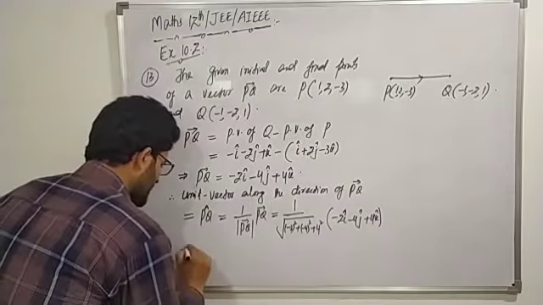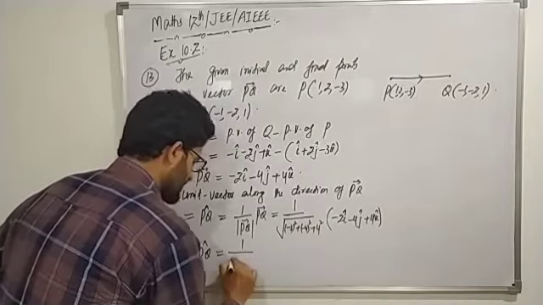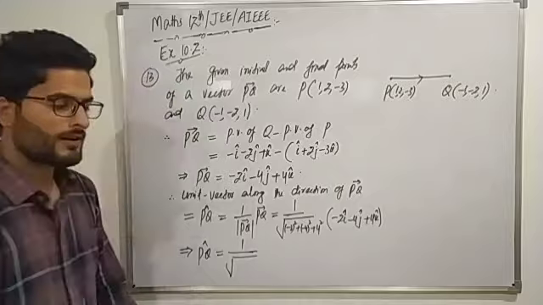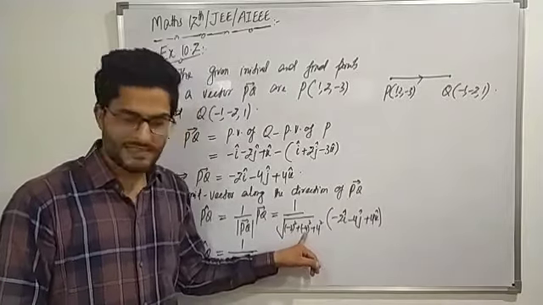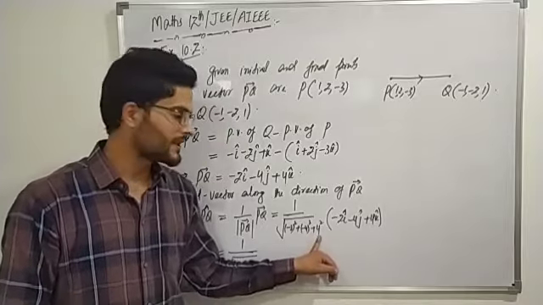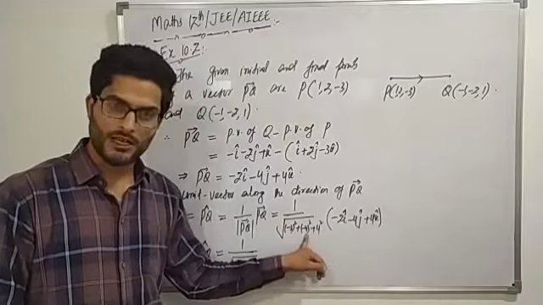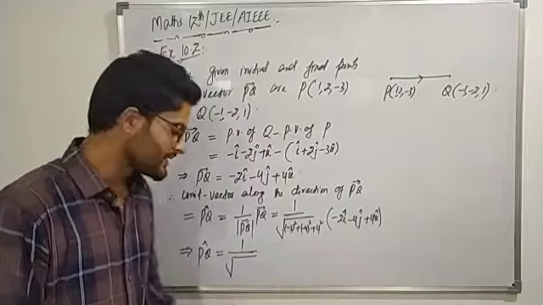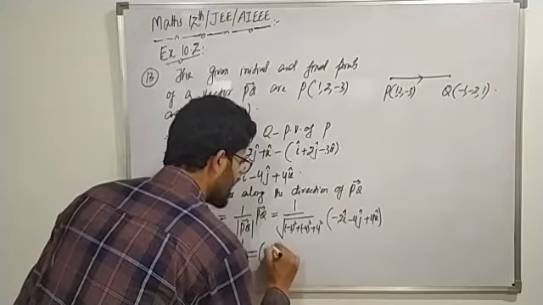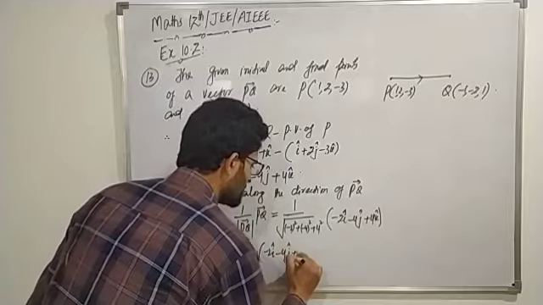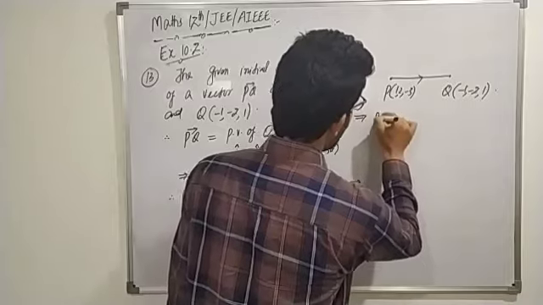So this implies that PQ cap must be equal to 1 divided by the non-negative square root of (-2) square is plus 4, (-4) square is plus 16, and plus 4 square is 16. 16 plus 16 plus 4. 16 plus 16 is 32. 32 plus 4 is 36. So 1 divided by square root of 36 into -2i -4j plus 4k, which further implies that PQ cap must